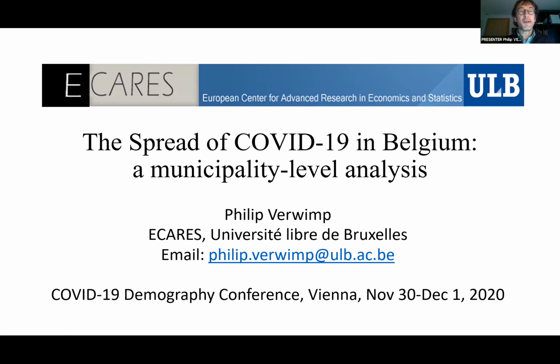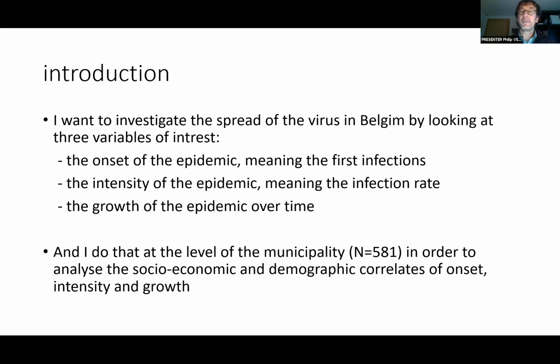All right, so I'm going to present some analysis I did at the municipality level in Belgium for the spread of COVID-19. And I want to investigate three variables specifically, namely first the onset of the epidemic, meaning the first day or date of infections, the intensity of the epidemic, meaning the infection rate per 1,000 inhabitants, and also the growth of the epidemic over time, meaning in the first wave,